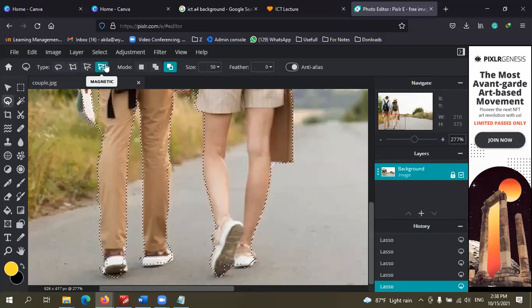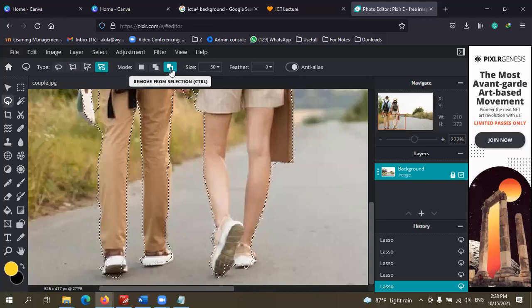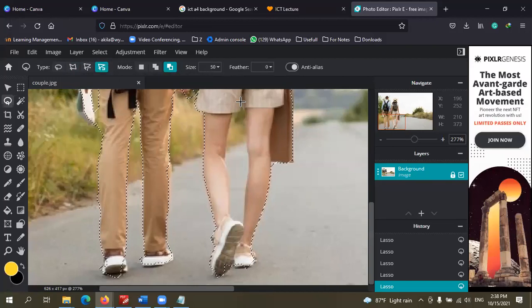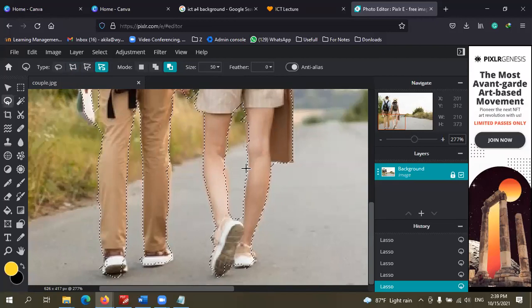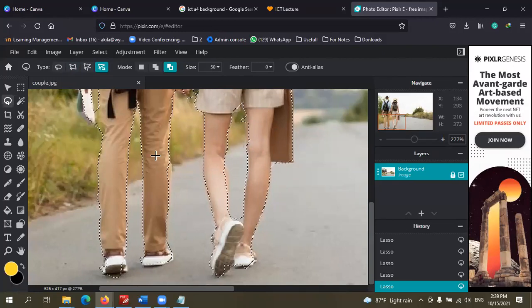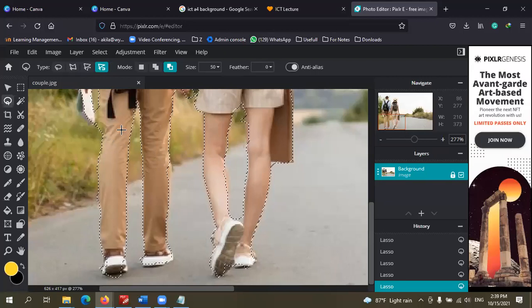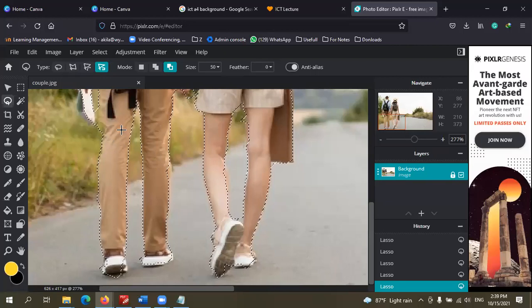So again, magnetic lasso will be the suitable one. And remove from selection because still that is in the selection. So I'm going to remove that from selection. Right. So I'm not going to use more time for selecting. It will take time initially, but at the end you can just have a very smooth selection.